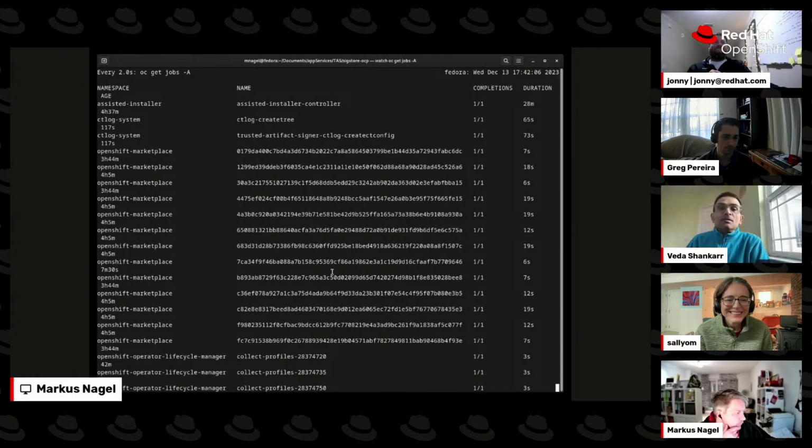I also know what the problem is here with this cluster. Well, demo gods. Well, I didn't sacrifice a cat. Oh no, sorry, I forgot about that. Ran out of cats basically. It looks like it's progressing. But the thing is, we have a lot of jobs here from the OpenShift marketplace. So something kicked off on that cluster, which I provisioned this morning. I think we just need to look at the TUF copy. If that completes, then I think we're good.